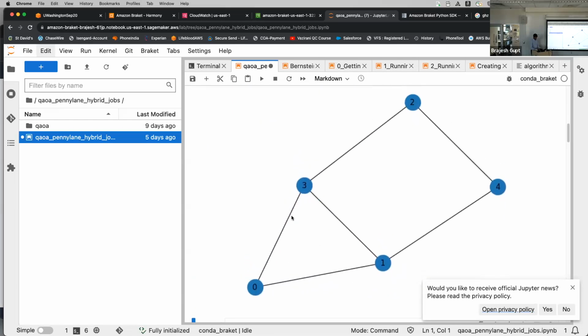We just created this graph with 5 edges, and we want to find out what the maximum cut solution to this is. As it turns out, there are many maximum solutions to this problem. There are 5 vertices, so we'll be creating a 5-qubit parameterized circuit in such a way that at the end, what we want is